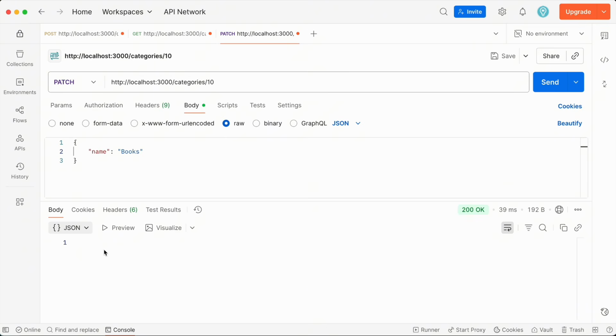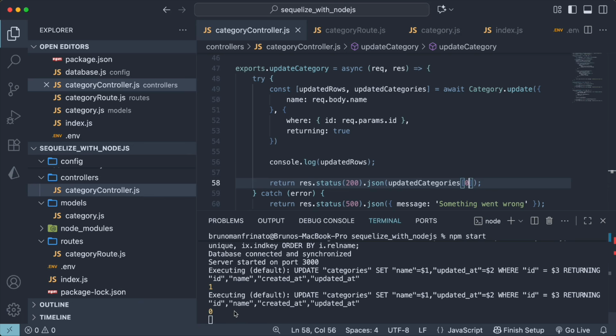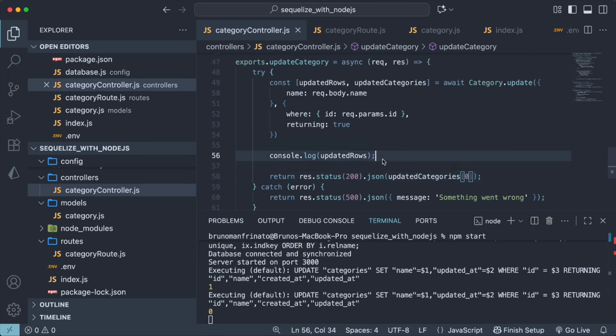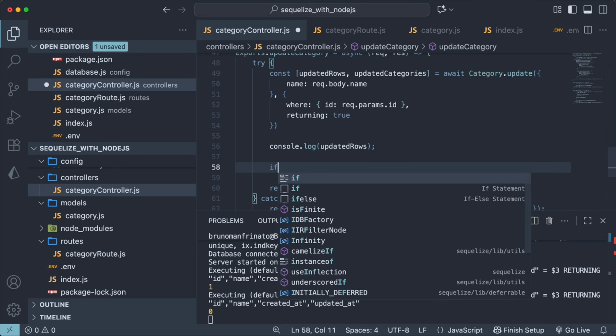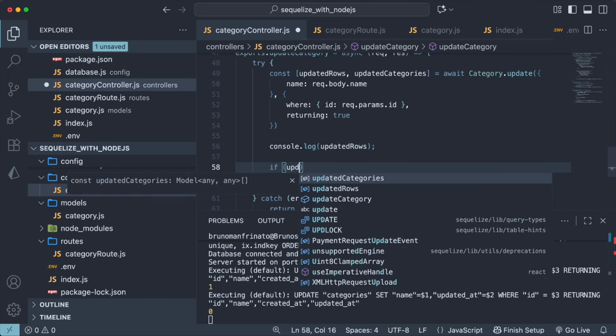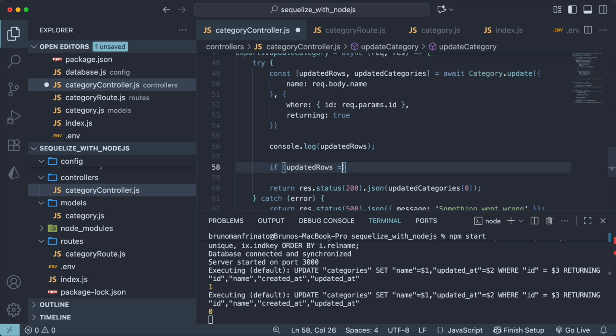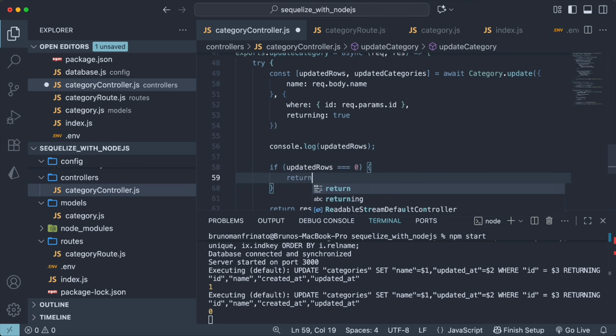So we need to send a better response here to the client, because sending it like this, the client might not understand if the category was in fact updated. So here on the update category function, what we can do is check if the updatedRows constant is equal to 0. If so, we can send a different response to the client informing that the category doesn't exist. So above the response here, I'll add an if statement and check if the updatedRows constant is equal to 0. If so, let's return a